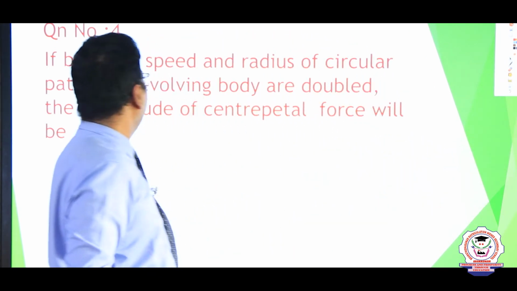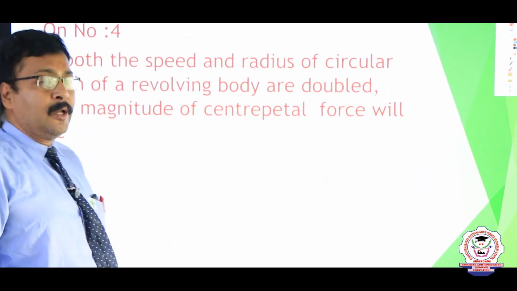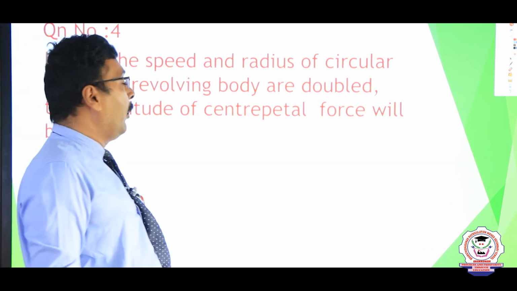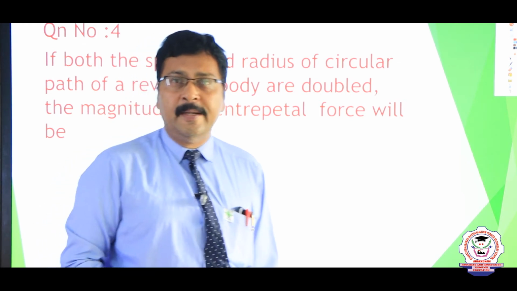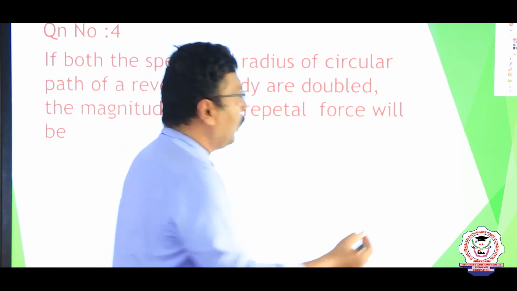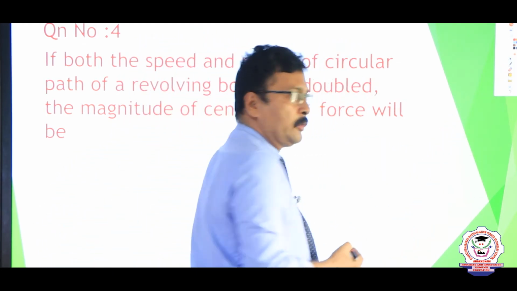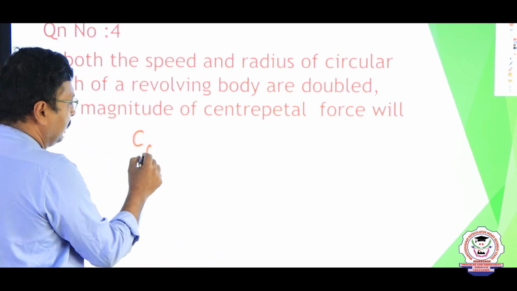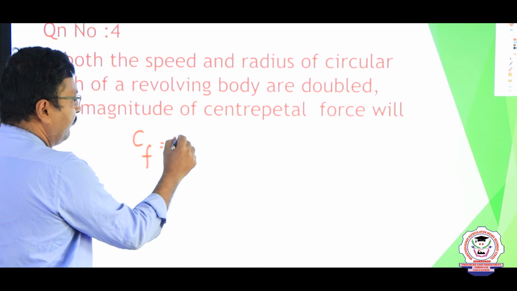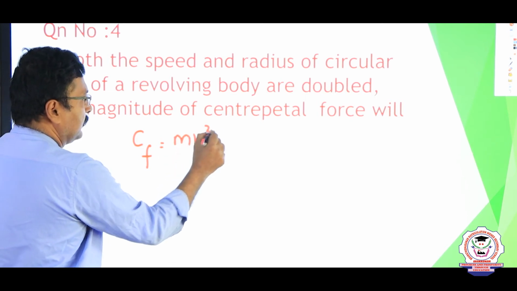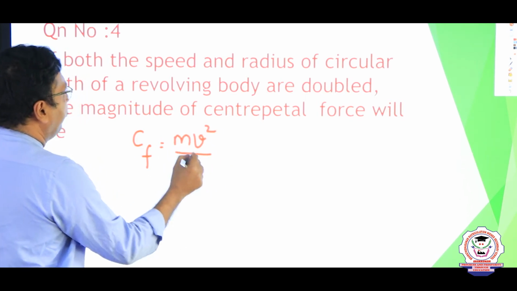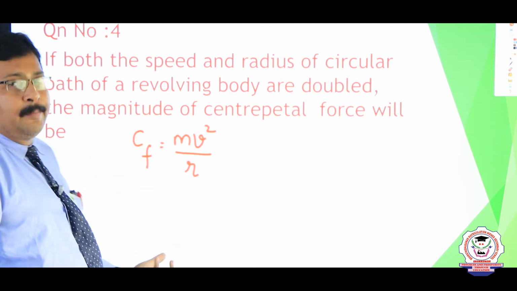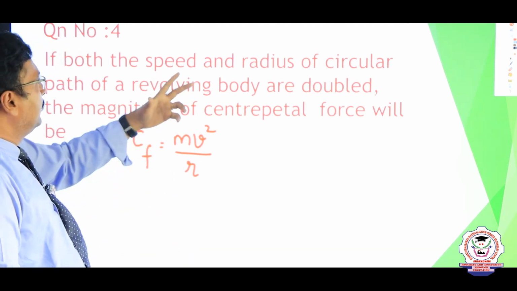In this problem, both speed and radius of a circular path of a revolving body are doubled. What will be the magnitude of centripetal force? So first we need to know what the centripetal force is. Centripetal force CF is equal to mv square by r. Here we have to find out what will happen to the magnitude of centripetal force if the radius is doubled